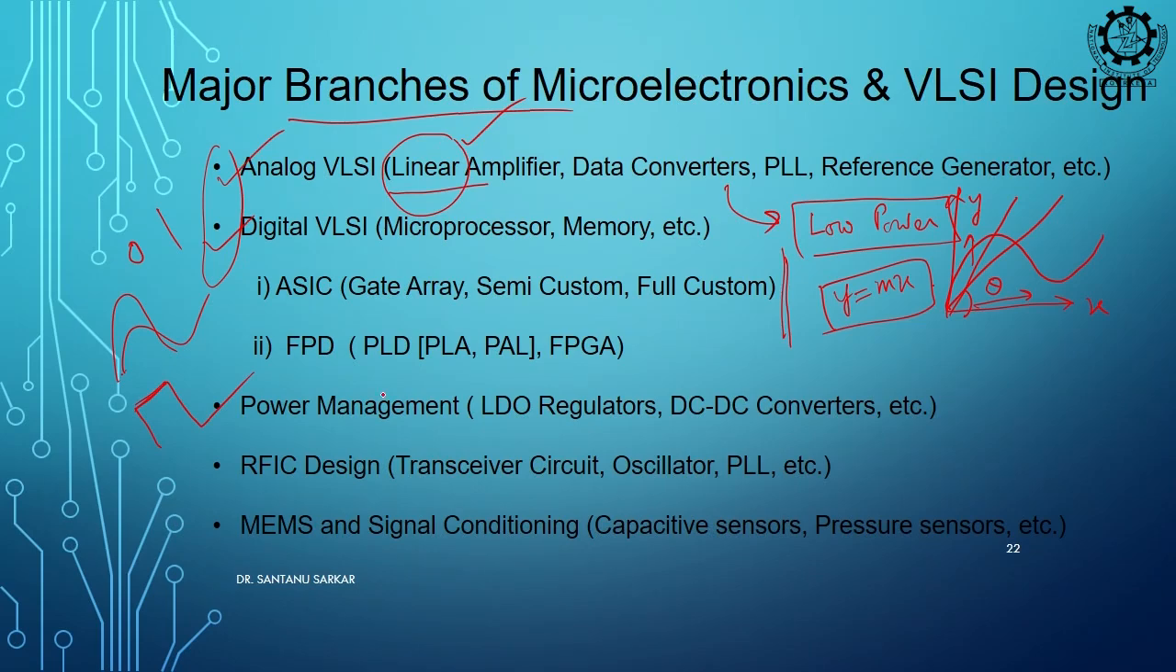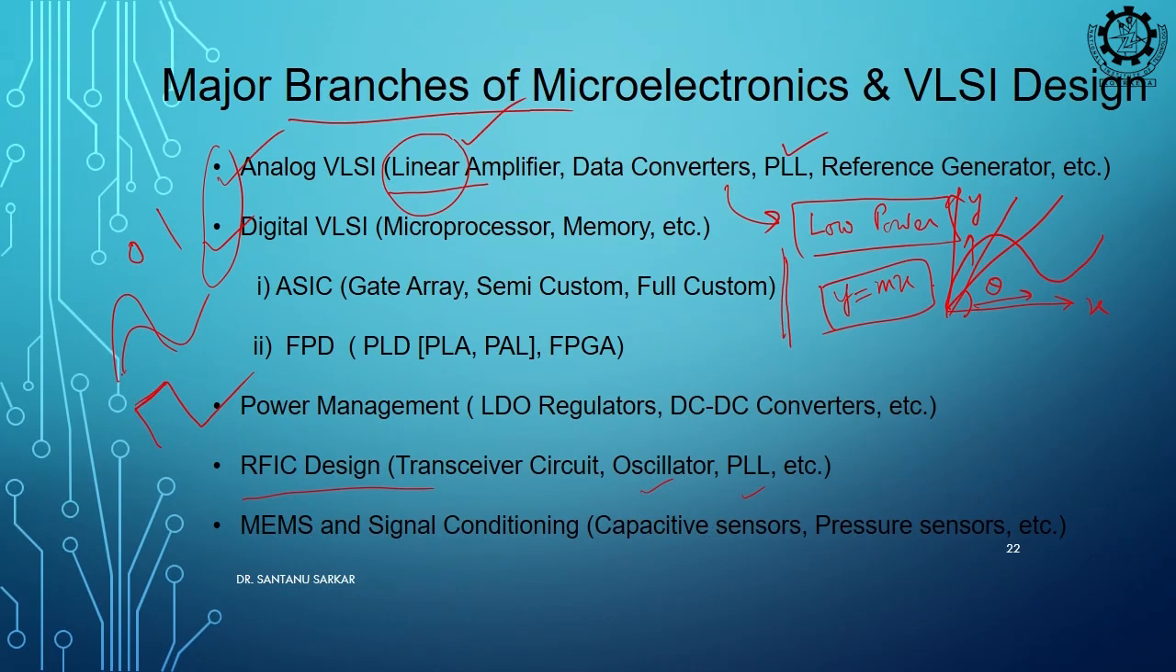we have a few subcategories like power management. For example, in mobile you have dedicated power management: LDO, regulators, DC-DC converters. In RFIC design, RFIC means communications, transceiver circuits, receiver and transmitter circuits. Clock design can also fall in RF design because it is high frequency. So, oscillator design, PLL design can also fall in analog design,